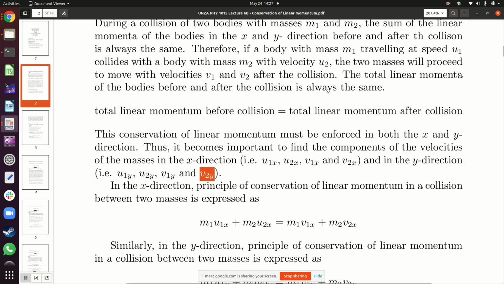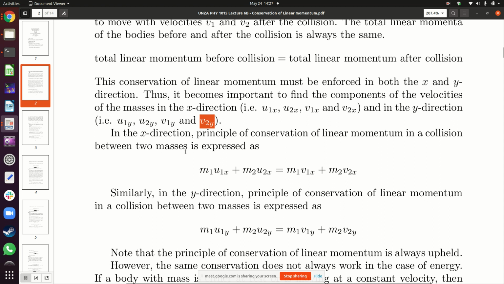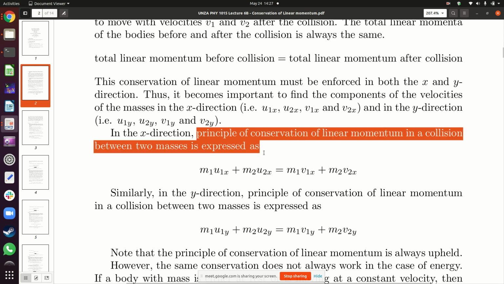With these components found, basically what you're saying is, for each velocity of the object, before the collision and after the collision, you need to find its x components and y components. Once you do that, then you can apply this principle of conservation of linear momentum before and after collision along